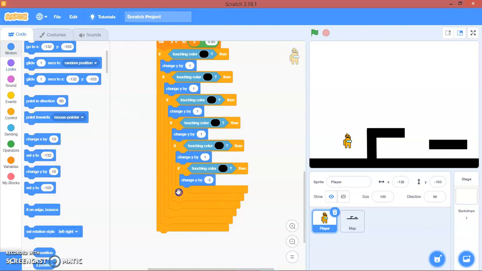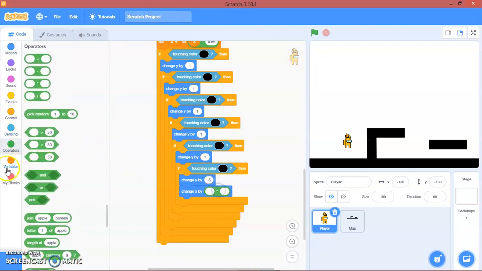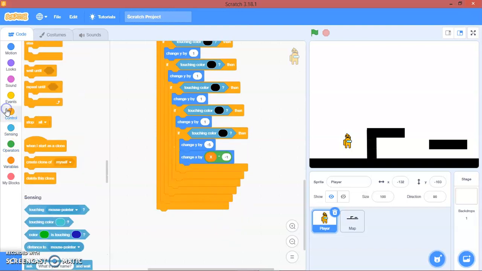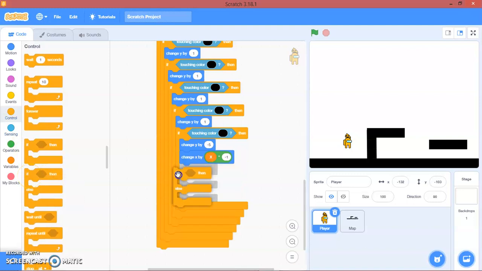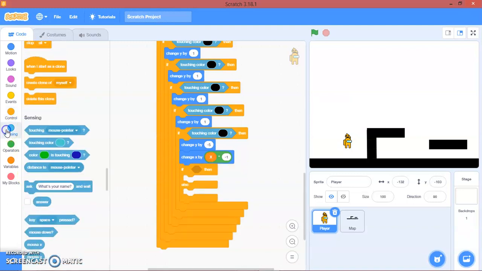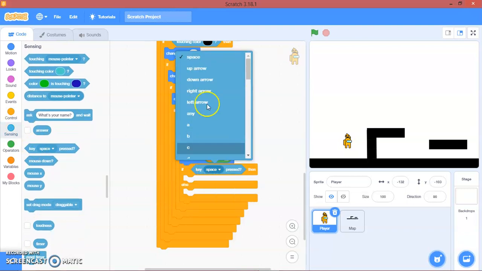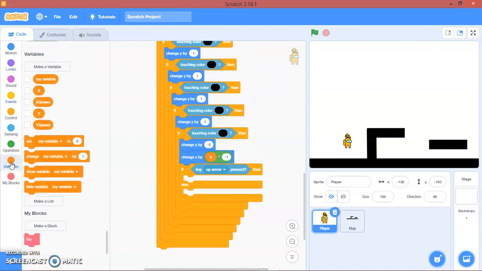Then we'll change x by time, x times -1. And then we're going to control, going to if else key, up arrow pressed. Then we're going to